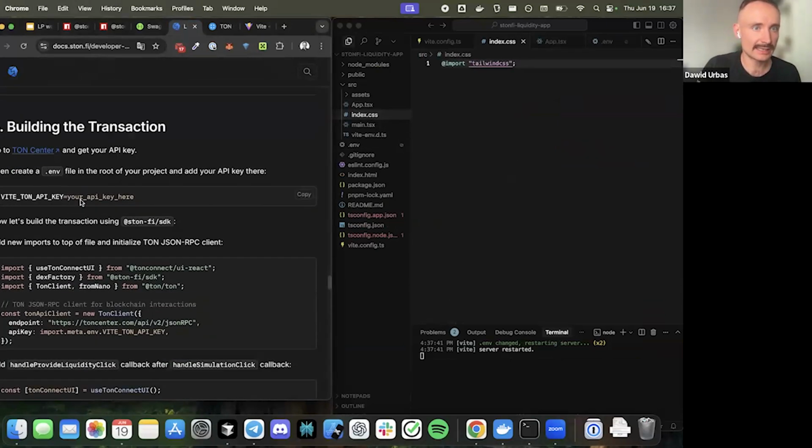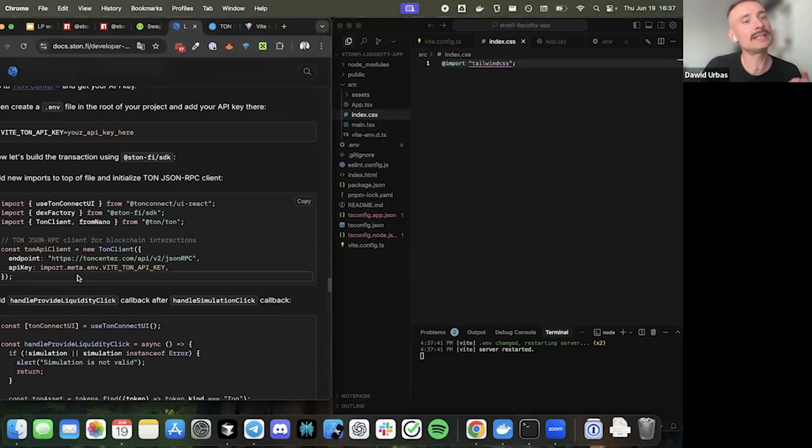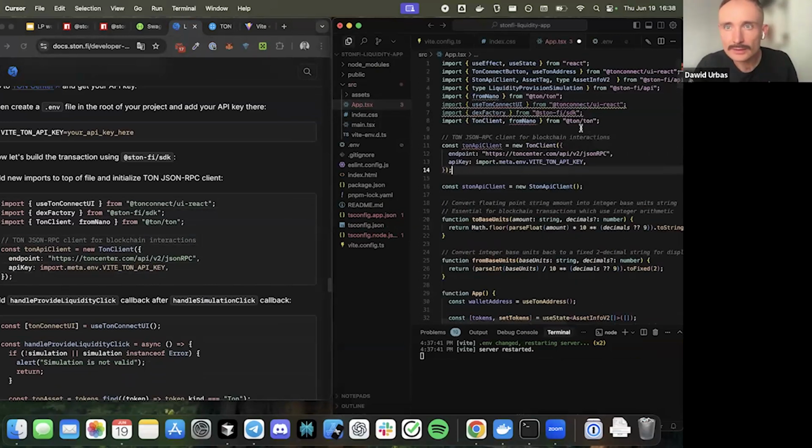It's written that you need to get this key, create the .env file, and create this variable. So this is the first step. Next, we need to import the TON client and provide this API key to the TON client. So basically, we need to copy paste this code and add on the top of